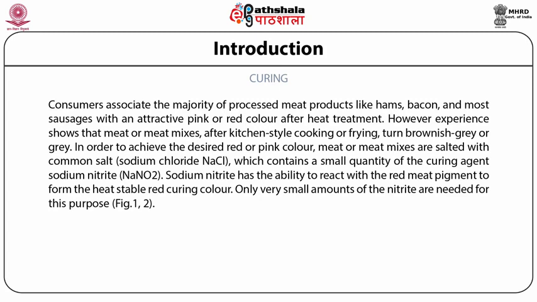However, experience shows that meat or meat mixes after kitchen style cooking or frying turn brownish gray or gray. In order to achieve the desired red or pink color, meat or meat mixes are salted with common salt, sodium